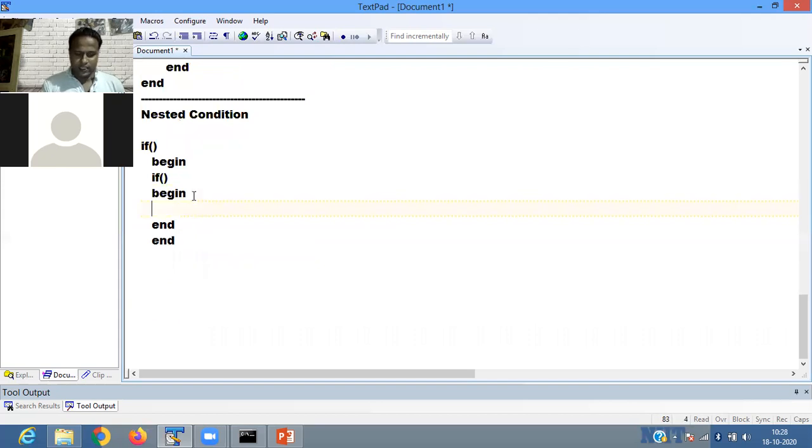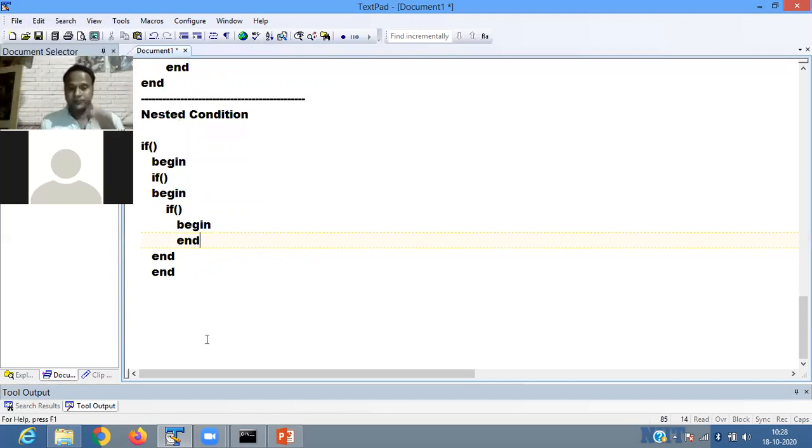Then in that if, we can include another if block. So a condition inside another condition is called a nested if block, nested if else. If your condition is true, it goes to the next if, then another if. This process continues, so it is called the nested if condition.